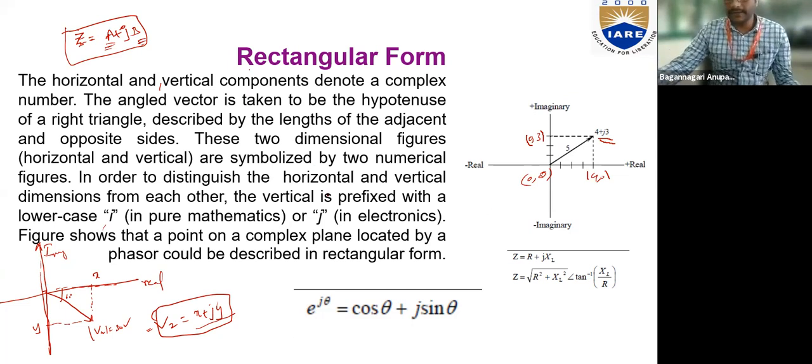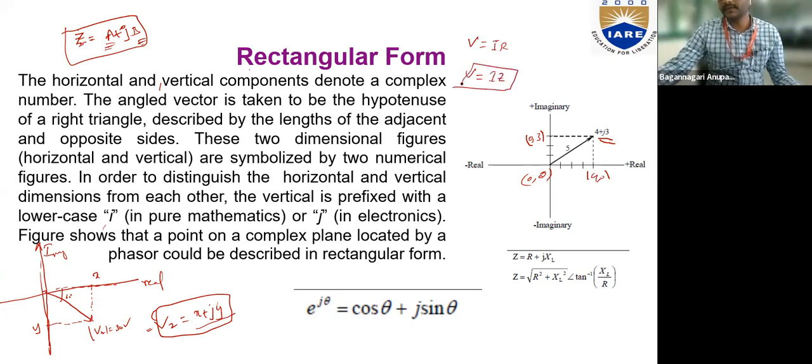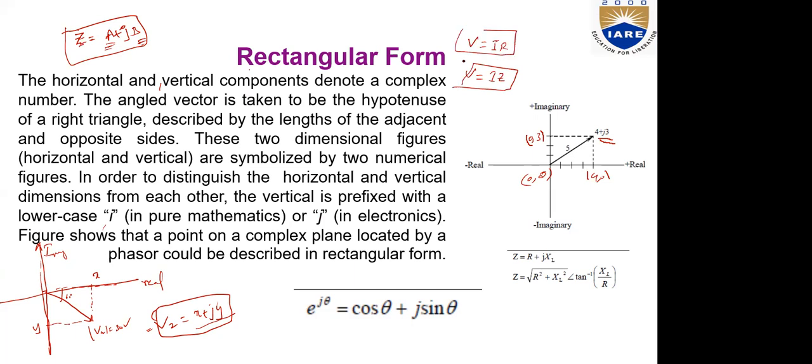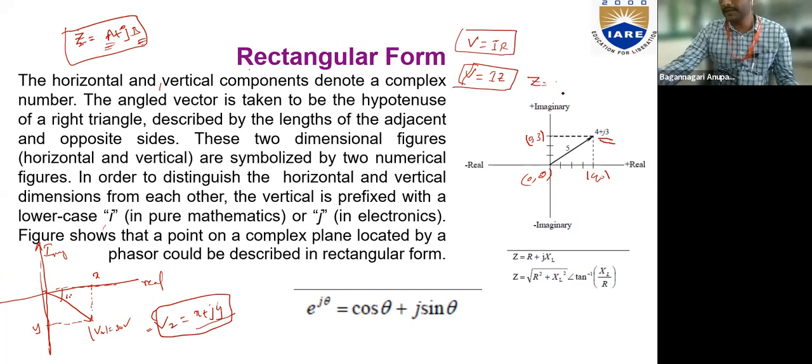AC system, in a DC system, what is the equation we write for V? Usually, what is the equation we write? It is I into R, right? But when it comes to AC systems, it will be I into Z. What do you call this Z? What is Z then? Impedance. Yeah, Z is termed as impedance.